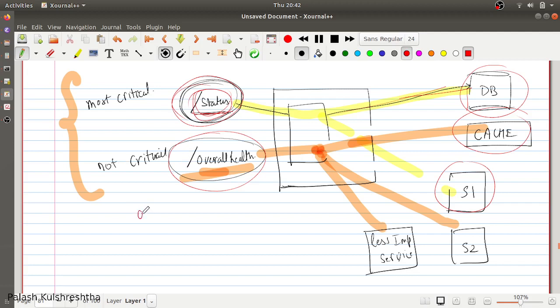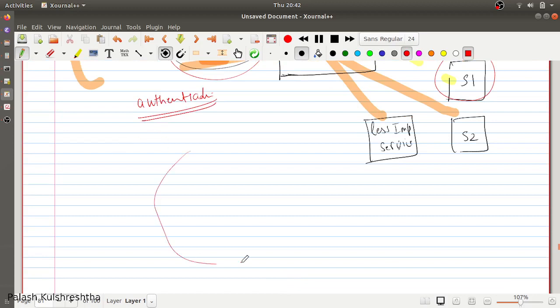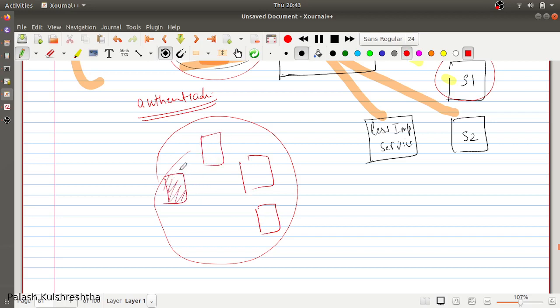You should have authentication. What you can do is, if required, you can allow only private IPs or private network calls from private network instances to your status check health endpoints. For example, let me give you an example. If this is your cloud and these are your instances, then the health check service should be in the same cloud network. It should not be from outside, though it defeats the purpose of having a health monitoring service in your cloud network. But this is also a way if you need more security.